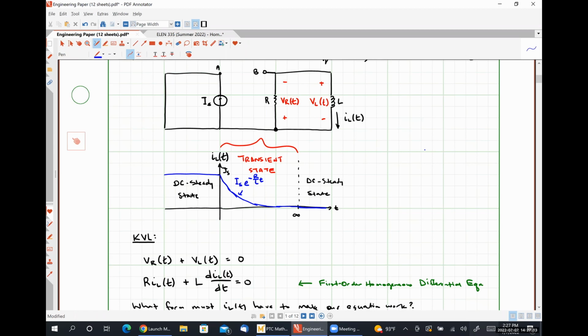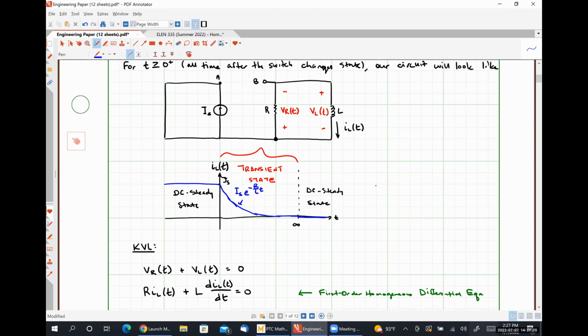I'm going to do this kind of as a quick aside right here. So our resistor voltage, VR of t, by Ohm's law, has to be R times IL of t,